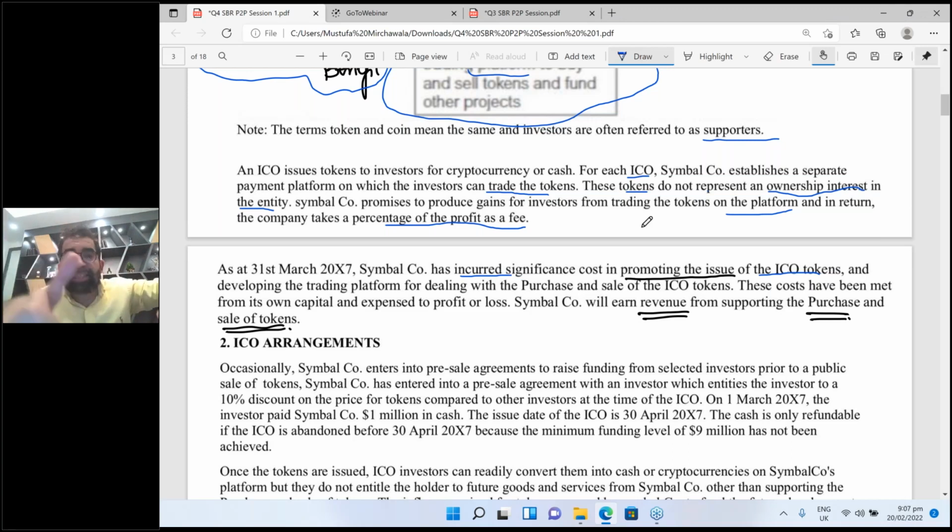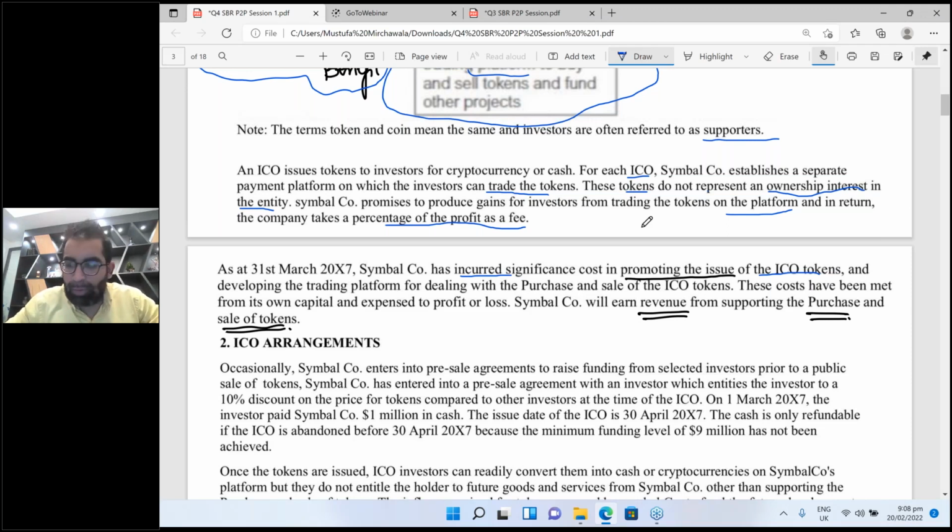I said yes, you can capitalize your trading platform cost because you are getting economic benefit. But I don't have this much confidence to say that you can capitalize advertising or promotional cost. No. Since years it's IAS, not IFRS. IAS 38, launched before 2001, says you cannot capitalize advertising costs. It simply goes in P&L.